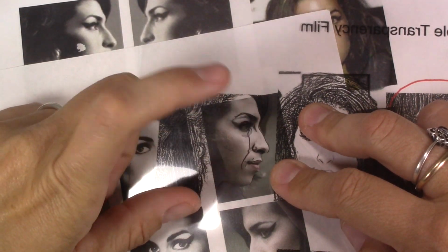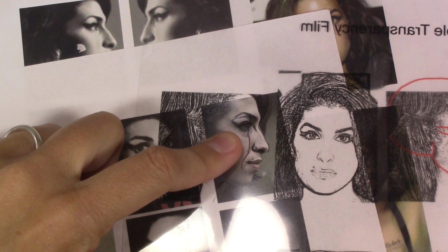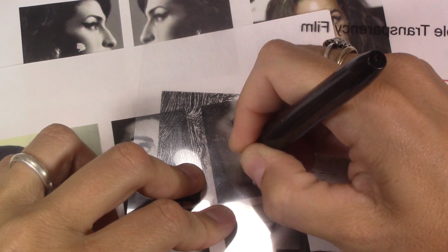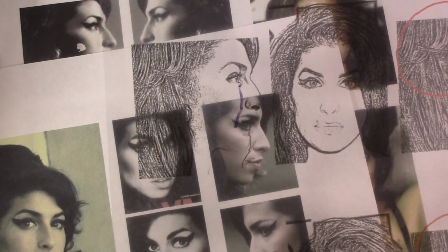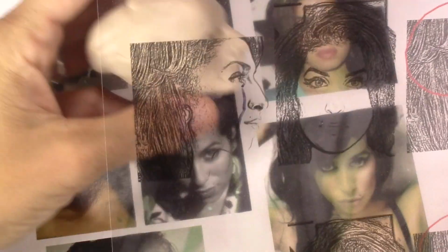You can do this and get the line that you traced there, and actually get a Sharpie. I don't have a thin one here. I will do with the thick one, and mark that. Then you know how much volume you will need to add on your sculpture. Okay, so you can do that. And then you go there,